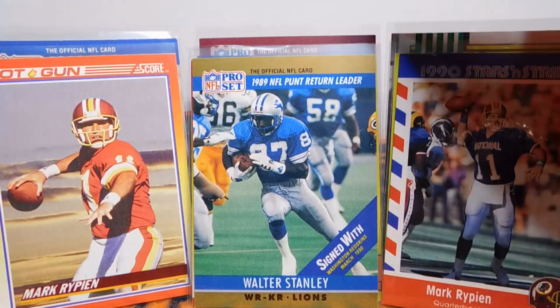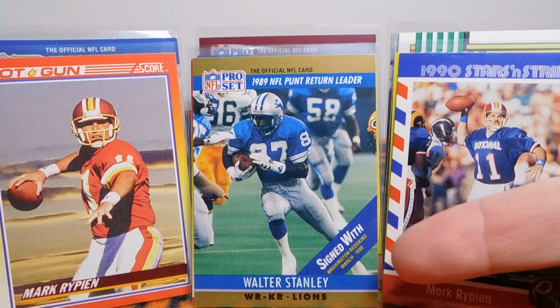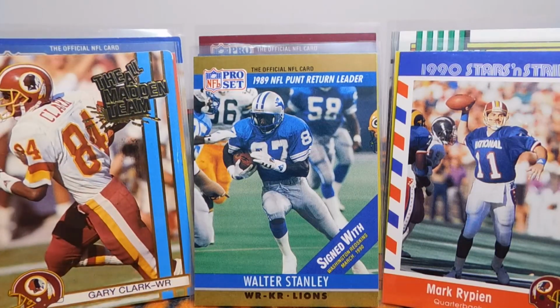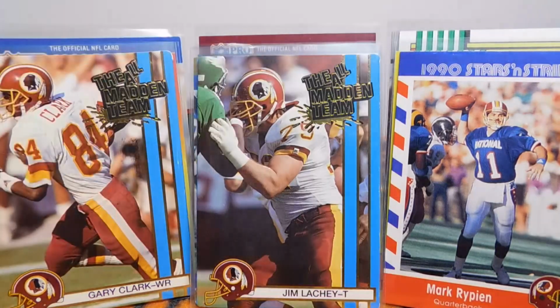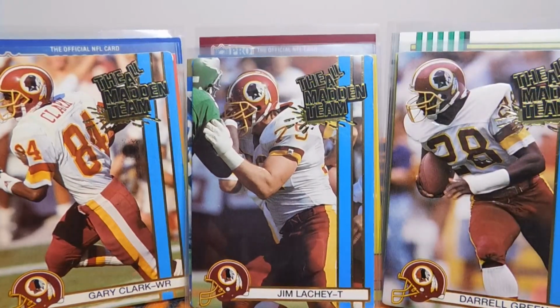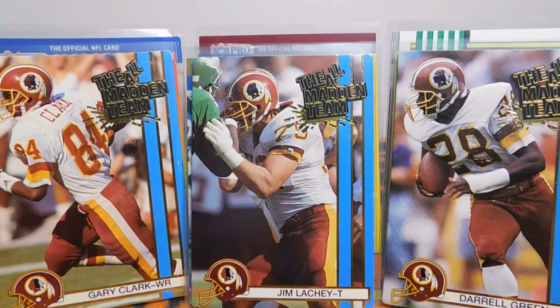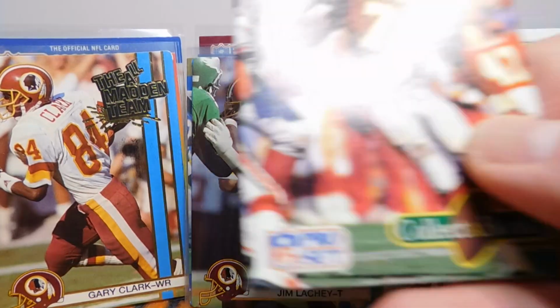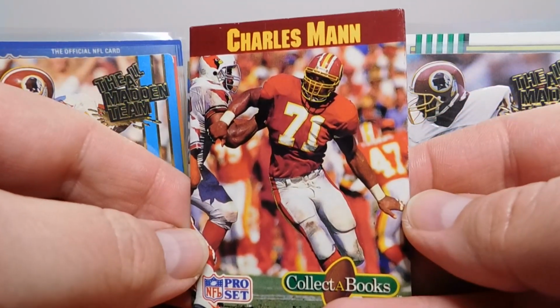But another card here in 1990, it kind of mentions that he signed in March with the Redskins. But Walter Stanley was the '89 NFL punt return leader and then went on to play with them that year. And we also have some All-Madden cards. John Madden had picked Gary Clark, offensive tackle Jim Lachey, and Hall of Fame defensive back Darrell Green as All-Madden team participants. We also had one Collect-A-Book, that was Charles Mann,